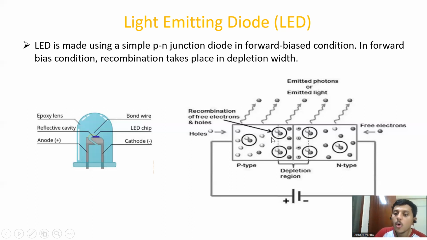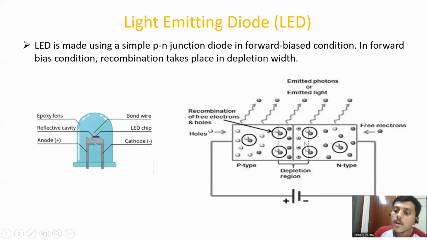the P-type semiconductor, which is having electrons in minority, will try to get attracted, and the holes in this P-type will try to get pushed towards the depletion region, and the reverse thing will happen for the electrons. So the electrons which are majority in N-type will try to get repelled by this negative charge, and these electrons will move towards the depletion region. And because of this positive charge, the holes which are majority carriers in the P-type will try to move towards